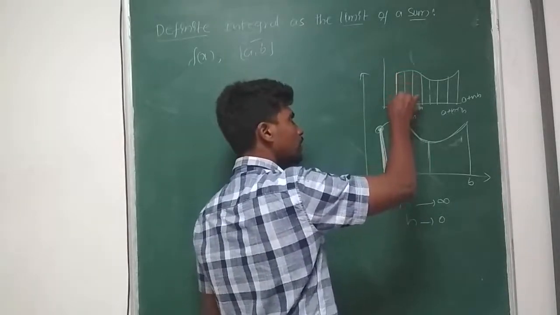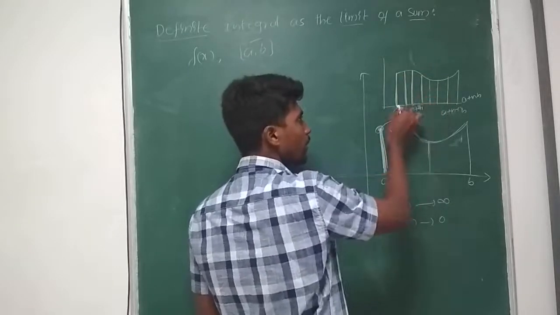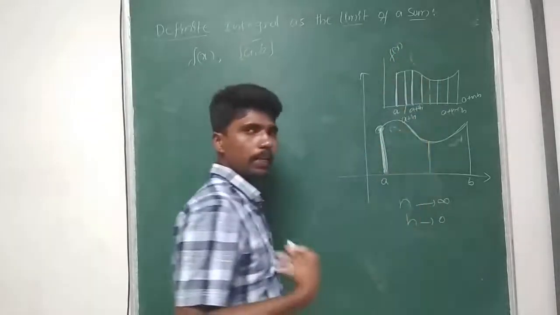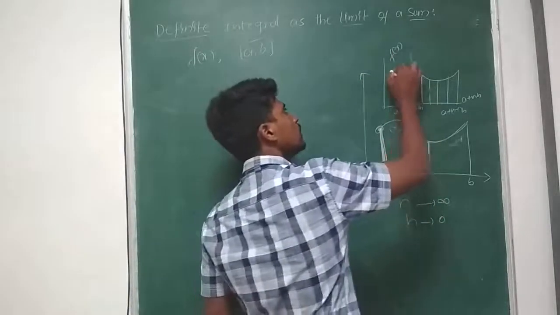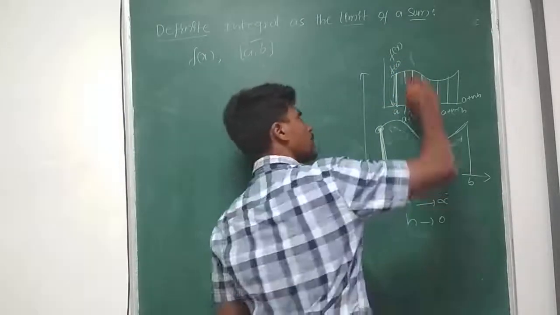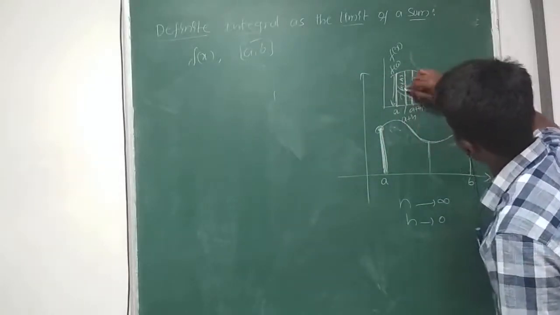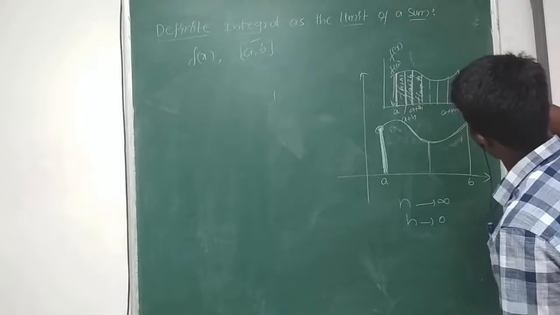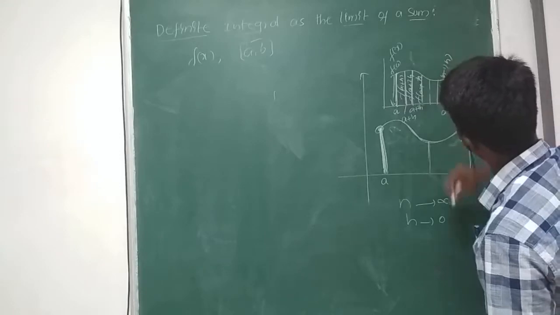And if I want to find its respect to y coordinate, which is nothing but the heights, these heights. If I have a and the function is given as f of x, then its y value is f of a. This represents its y coordinate, which is nothing but this particular length. The next one is this particular portion, which is f of a plus h, then f of a plus 2h, f of a plus 3h, and so on. F of a plus nh, and this strip f of a plus n minus 1 into h.